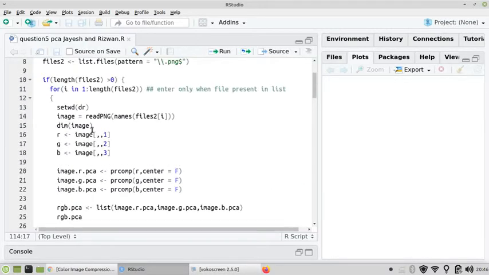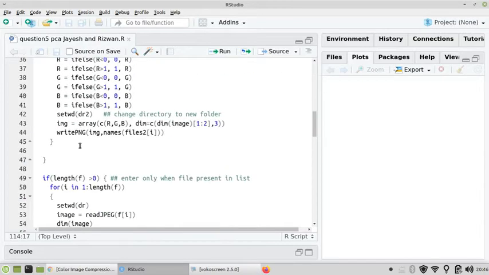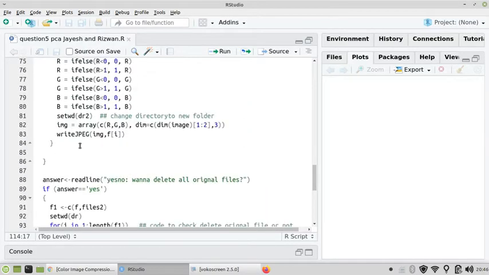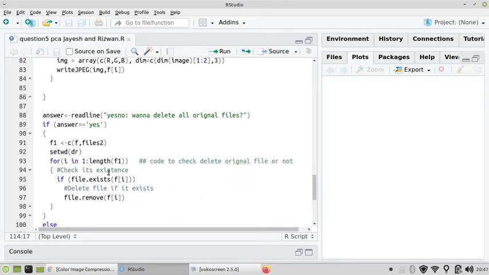For compression, we first break the image into three parts: RGB, R for red, G for green, and B for blue. After which we will compress that image with maximum efficiency. Then, after the completion of the process, we will ask whether we want to delete the original image or not. So let's see how it runs.